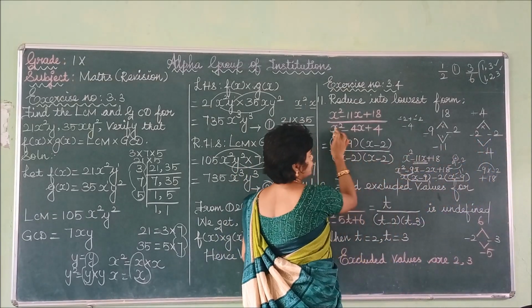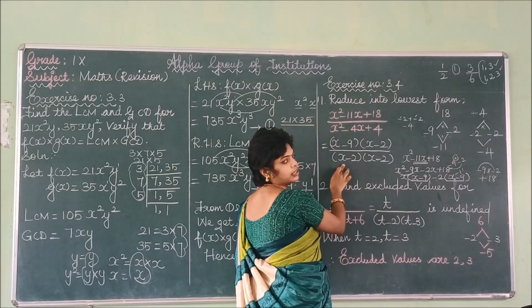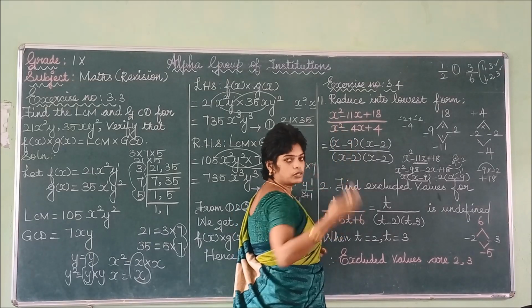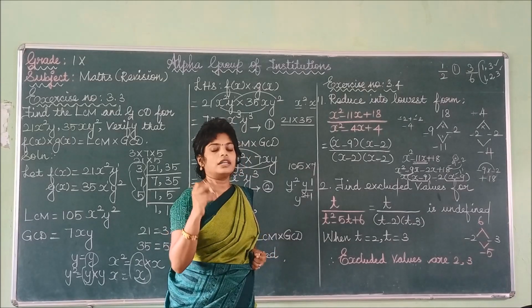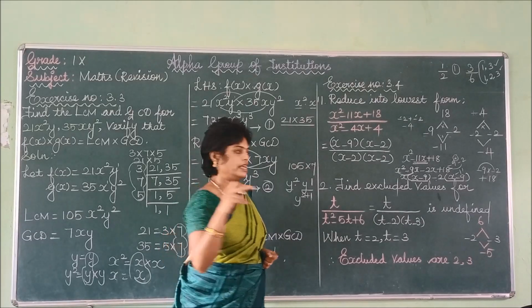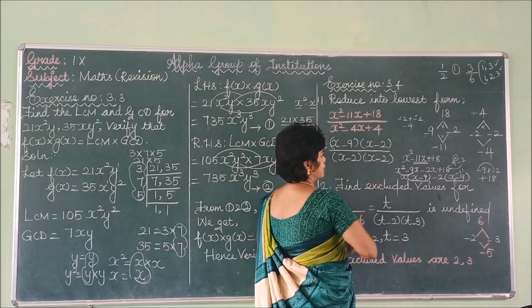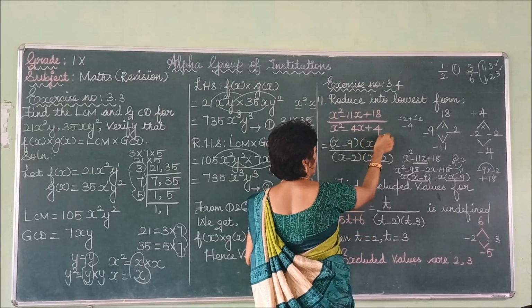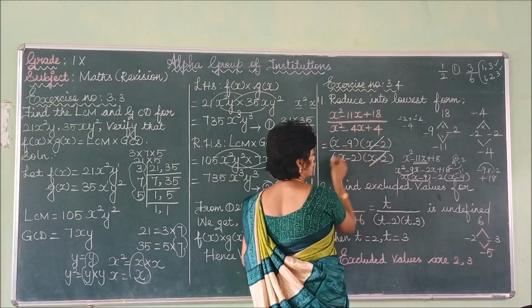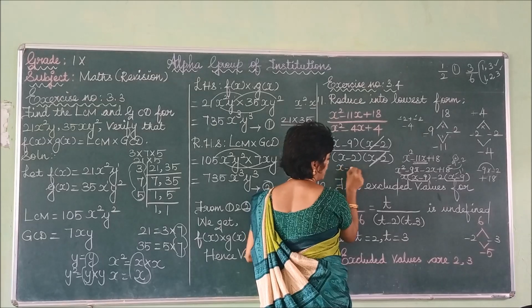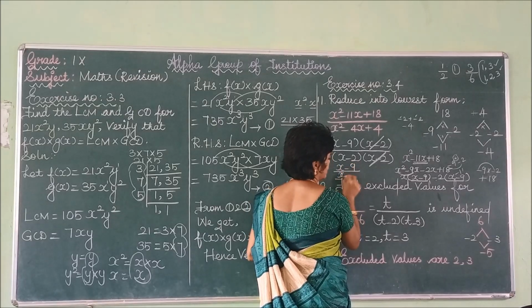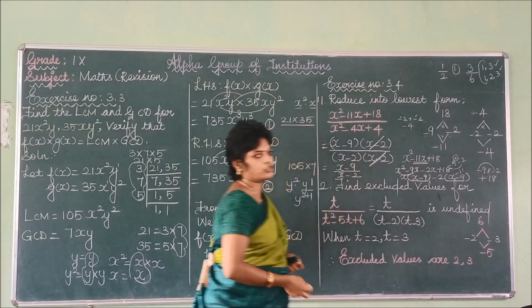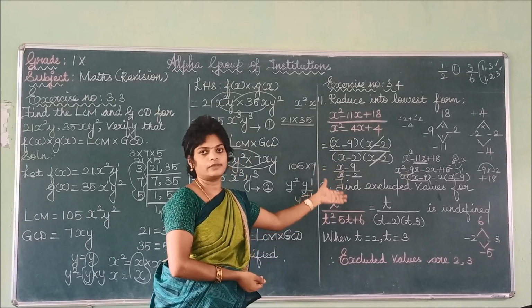That can be written as, you have to look at the variable and write here. So if it is x, you can write x; if it is y, you can put y, or else if it is t, you can put the t. So x minus 2, x minus 2. Listen here. Now I am cancelling this x minus 2, x minus 2. What is the remaining term here? x minus 9 divided by x minus 2. So this is the reduced form. Hereafter we cannot reduce this function.